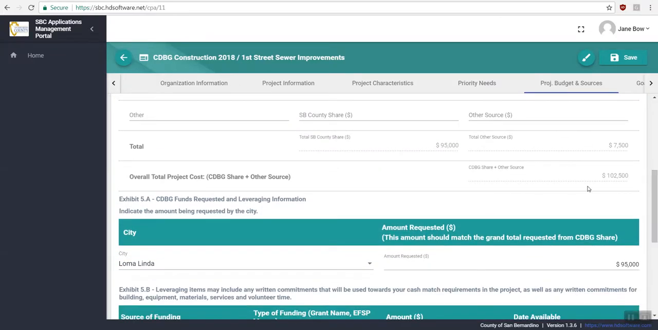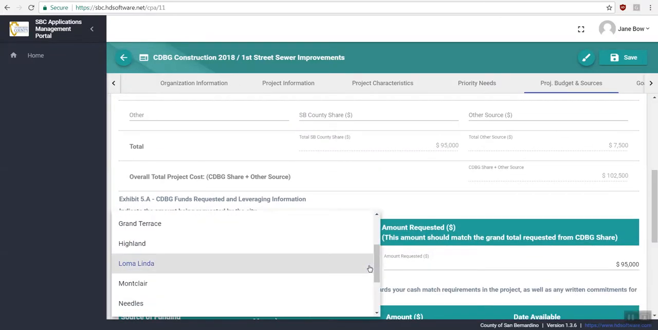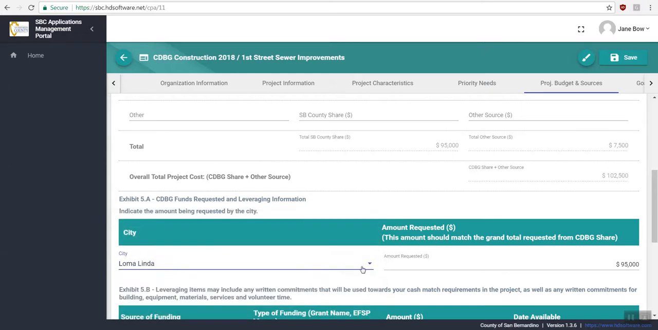If we come down, this is from the drop-down box, you're going to choose the city that you're requesting CDBG monies from and the amount you're requesting. This amount should equal this amount. The other remainder